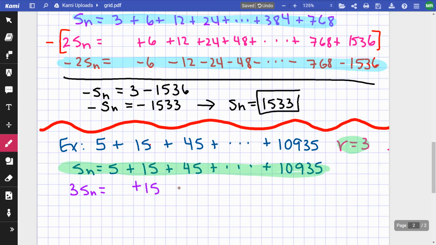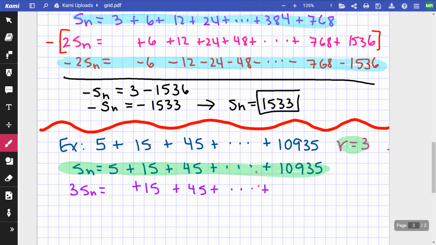15 times 3 is going to give me 45. So I'm going to put it underneath this. Plus... And I'm going to keep going. I'm going to multiply this by 3. When I multiply that by 3,